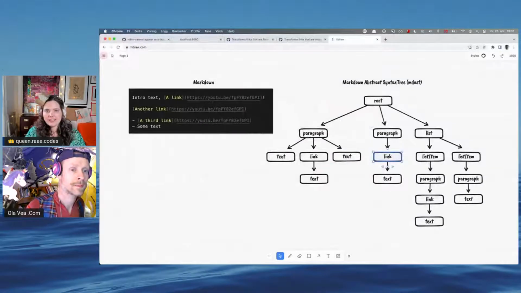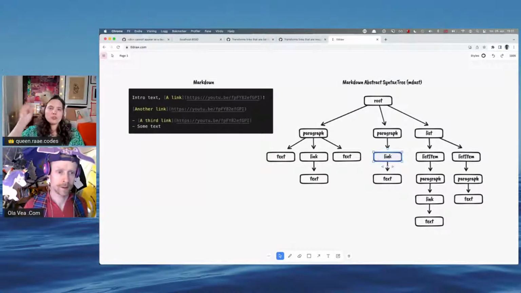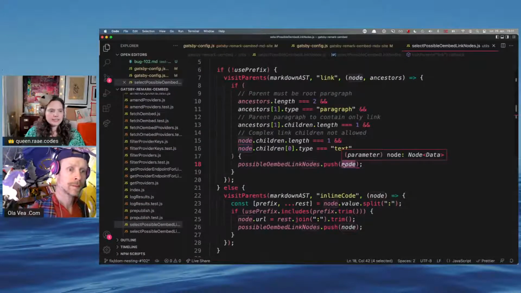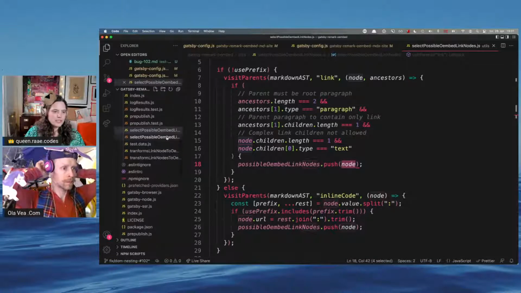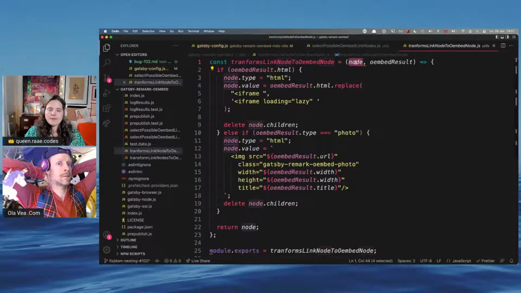I still don't know if this link is an actual oembed type link, but it could possibly be one. It's a standalone link. And then I push the node onto a list. And then later on, I do the transformation. I get the node, I get the oembed result, and I transform it.